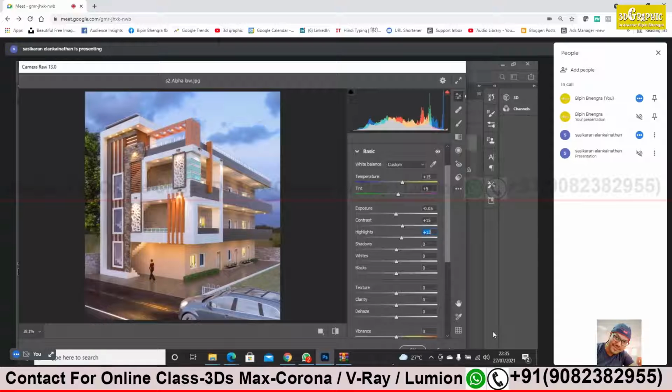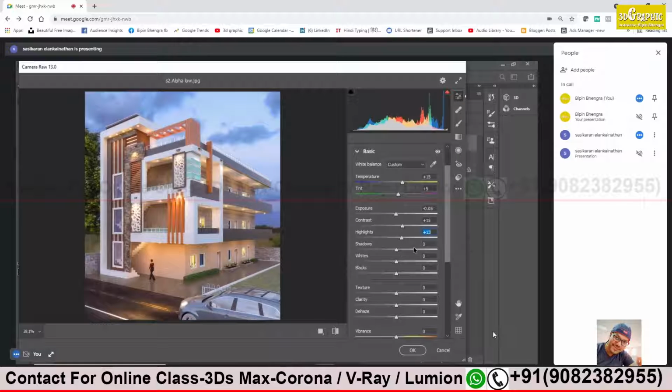Okay then. So after highlight, shadows. What happens? The shadow, as per the name, will brighten the shadow or darken the shadow. If you move toward the higher value, it will brighten the shadow. If you decrease the value, it will darken the shadow. Try to decrease a little bit toward the minus point. You see that shadows are getting darker. So it depends upon your decision how you want the shadow to be lighter or darker. It changes as per your render image. As of now, it's good. No need of any changes on shadow.